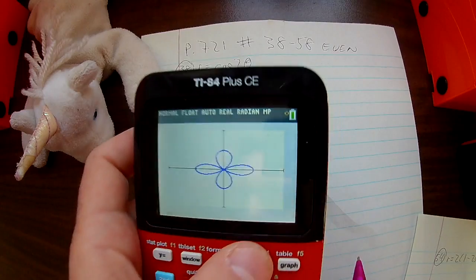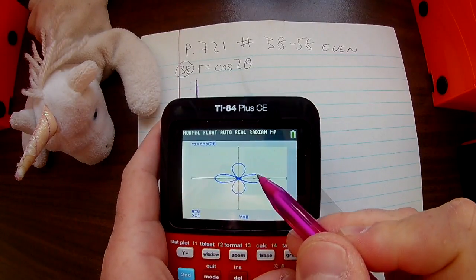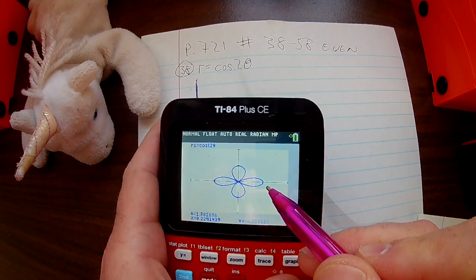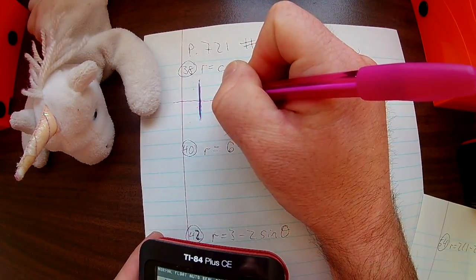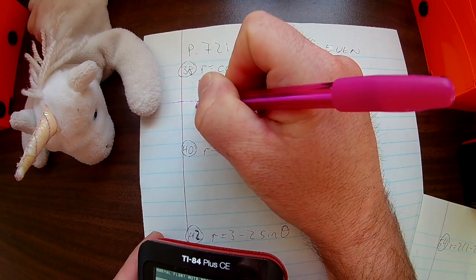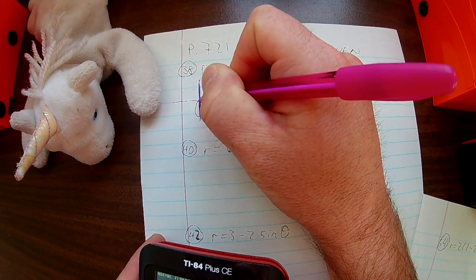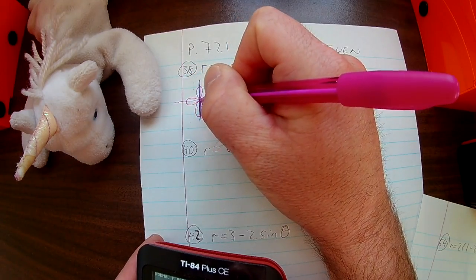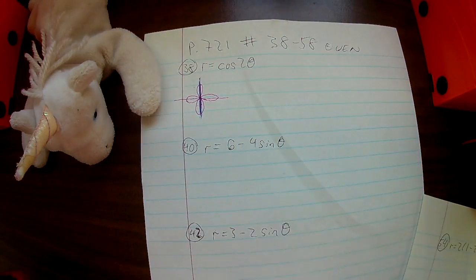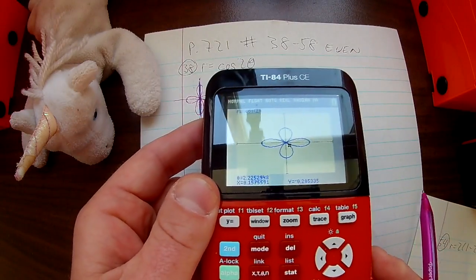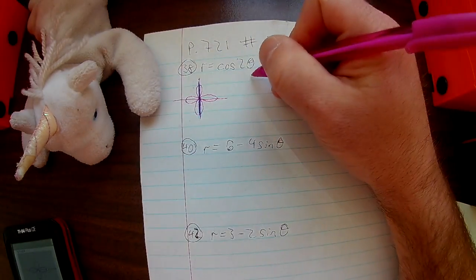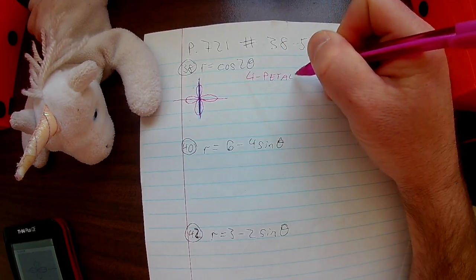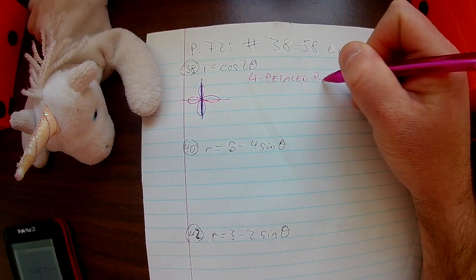Sketching it, I see that at 0, I start at that petal. And I just like matching where the petals go on this. You don't have to, as long as you get what looks like a 4-leaf clover. That's all we care about. Alright, good enough graph, right? That's a sketch. It looks essentially like this. And we also wanted to describe it, so we'll just call it a 4-petaled rose